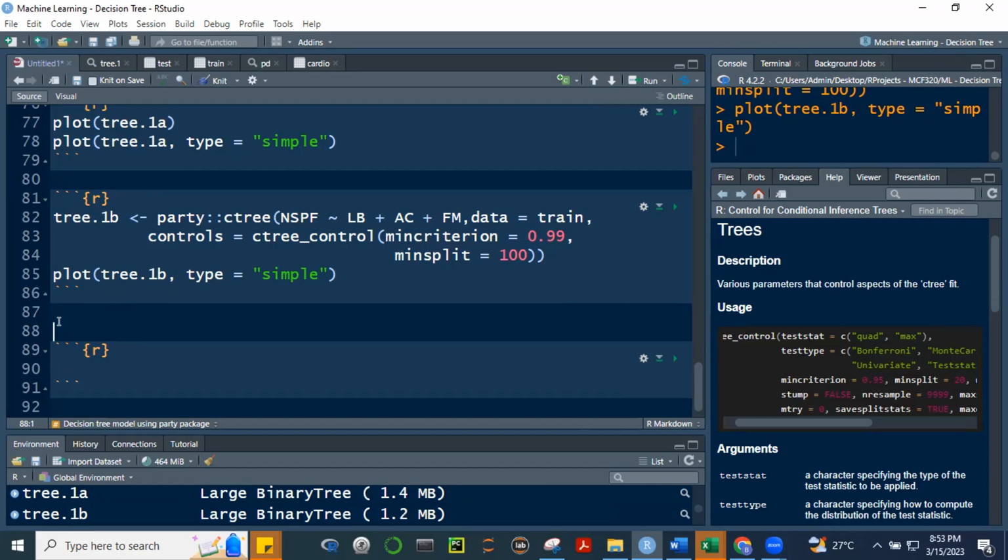I-predict natin using our model yung dependent variable natin. I-test natin siya, no? So let's call this predict the outcome variable NSPF using our tree model.